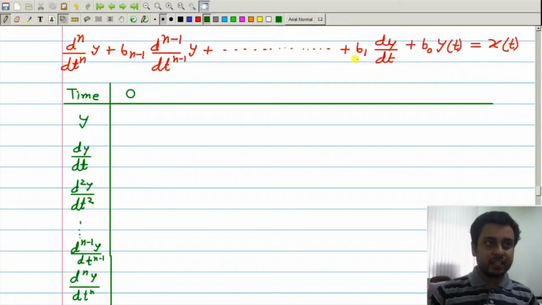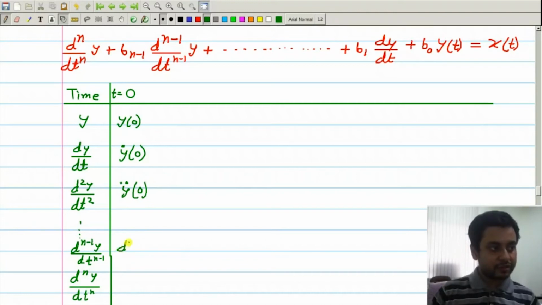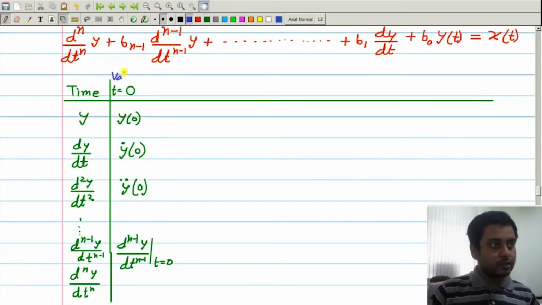Suppose this is the given equation, and at time t equal to 0, the value of y0 is given, first derivative also given, second derivative also given, up to n minus 1th derivative. These are all given. So values are given at the beginning, and then